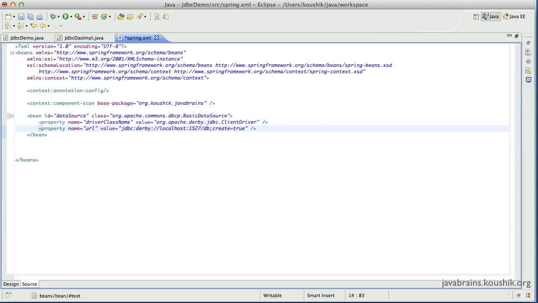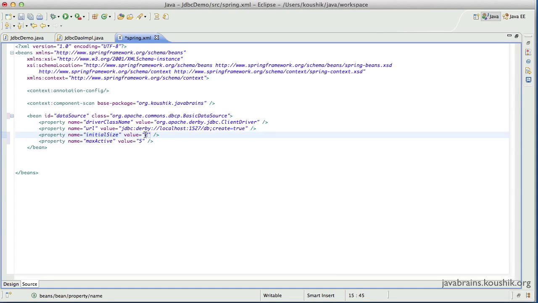But the advantage of using DBCP is you can add additional pooling related properties. So I can add these two lines over here which configure the initial size of the pool, which I've configured as value 2, and then the maximum active connections in the pool at any point of time, which I've configured for a value 5. So this is all it takes, at least code-wise, in order to change the data source